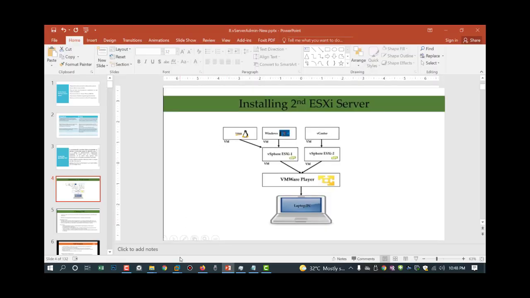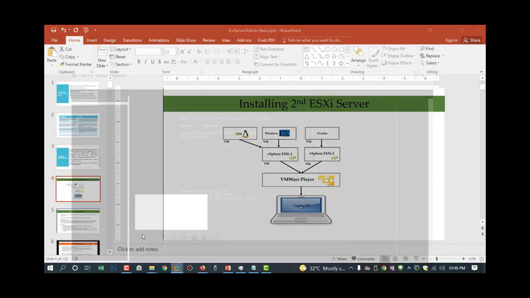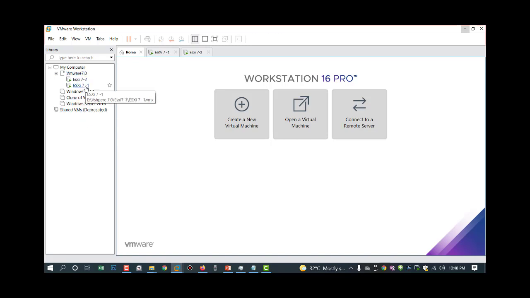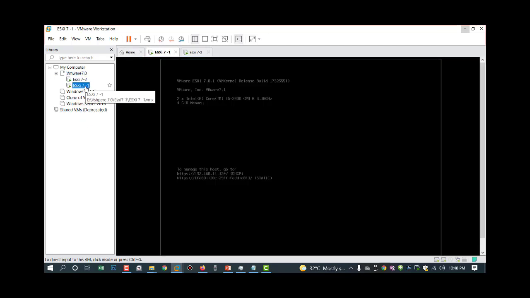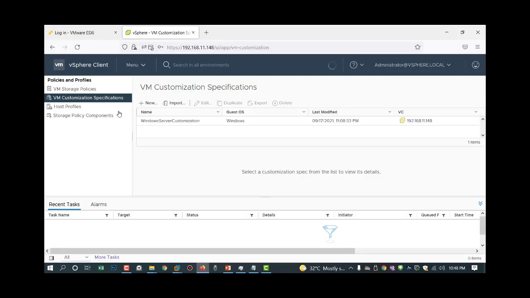Now I will show you on my computer. So as you can see, this is my computer. This is my ESXi server 1. This is my ESXi server 2. So I will access this server from the web browser. So as you can see,